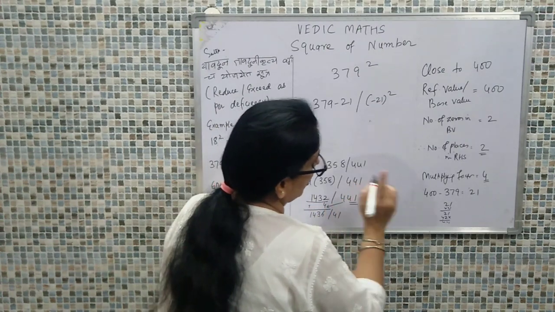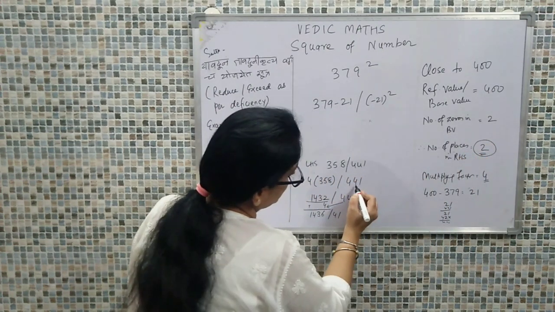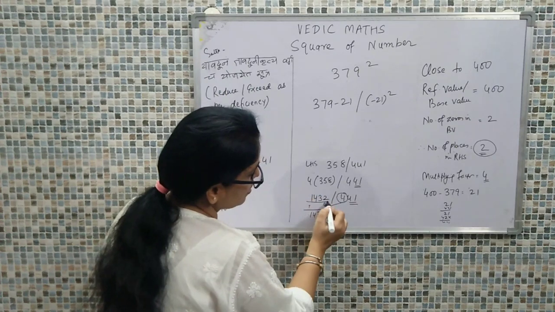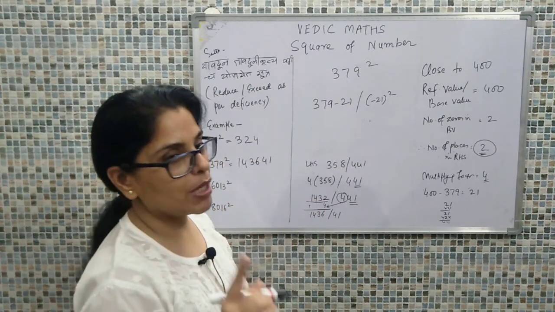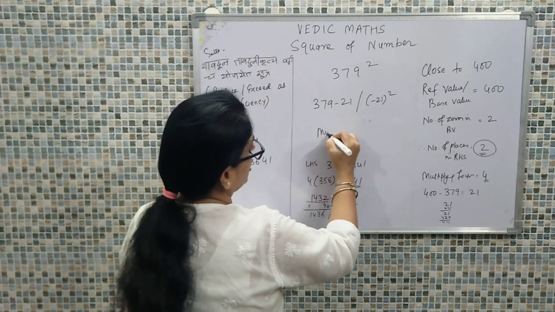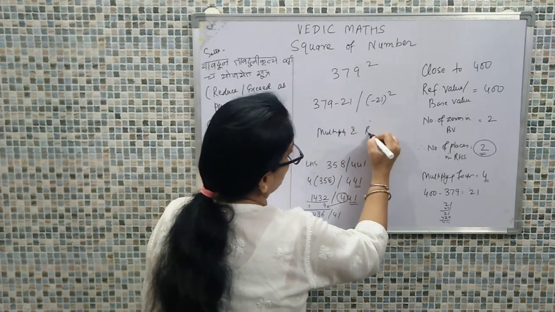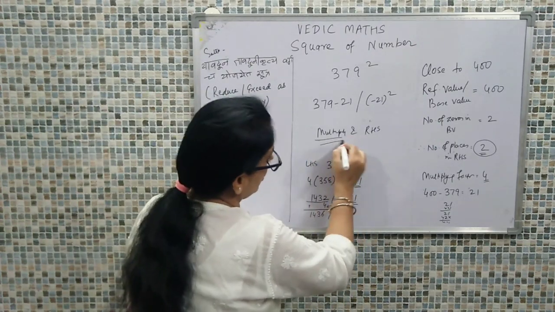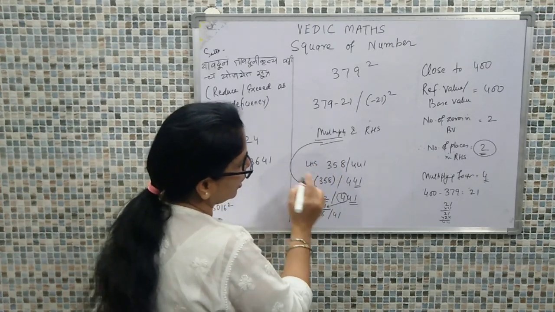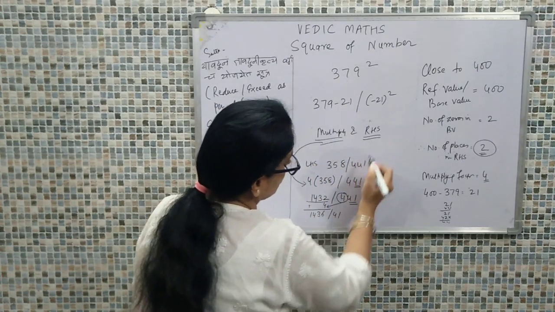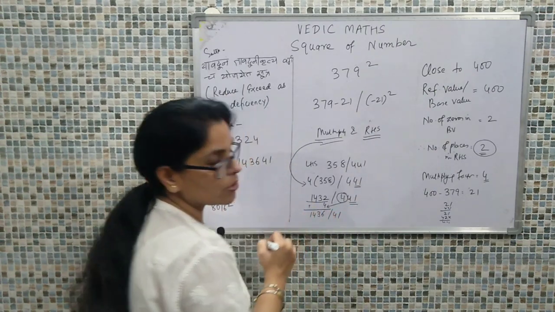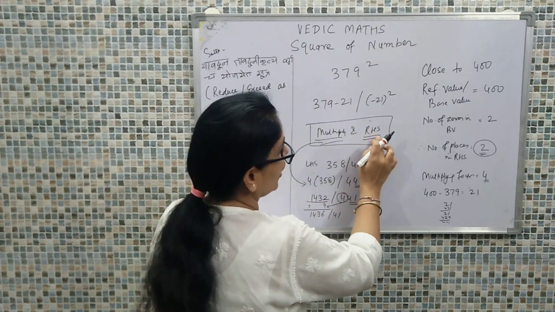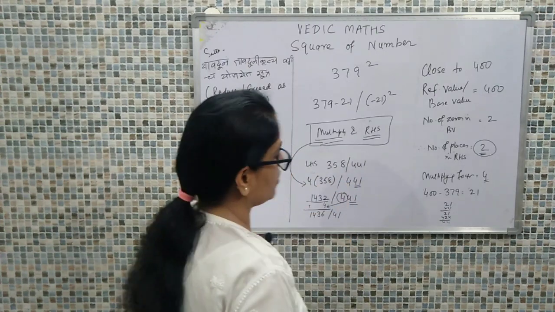Now talking about the RHS, it has to retain 2 places. 2 places means these 2 values have to be retained. 4 is the overflow, so 4 will be carried to the LHS and added over here. We have to remember a basic rule: always first multiply, and then accommodate the RHS value. Otherwise the calculation is going to be wrong. Here, as you can see, I first did the multiplication, and after multiplication, whatever excess was there in the RHS was accommodated into the LHS. So we always follow this rule: first multiply, and then accommodate the value from the RHS into the LHS.